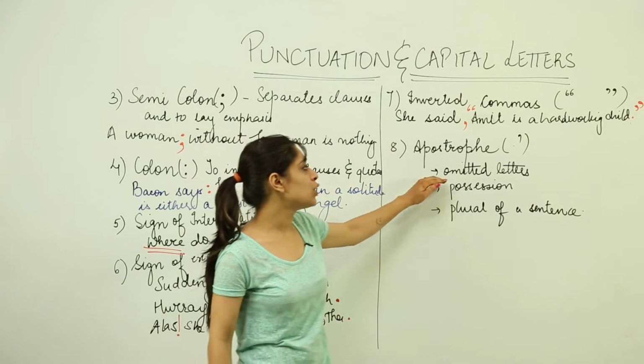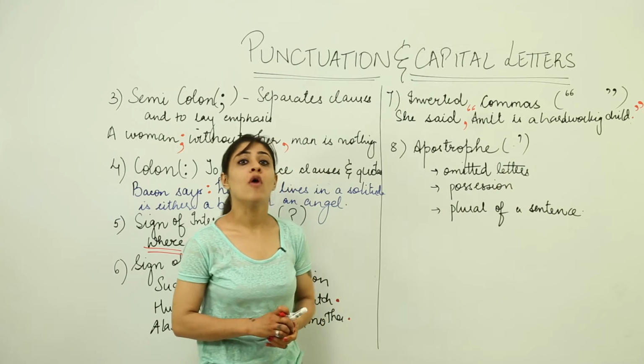Moving on to apostrophe. Now apostrophe is used wherein there are omitted letters. For example,